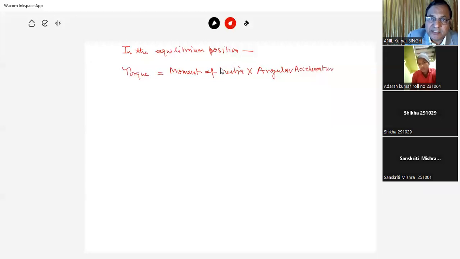This is angular acceleration. So this I into alpha, angular acceleration क्या होगा? I into alpha. ठीक है।